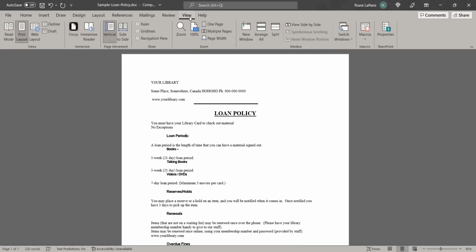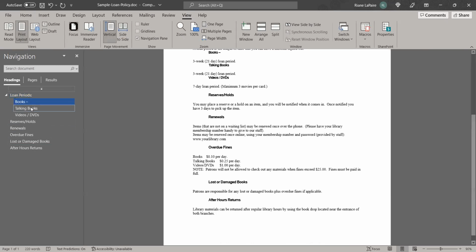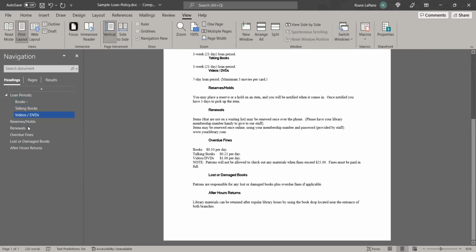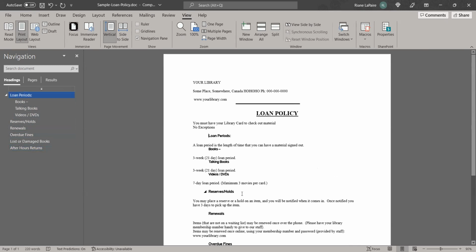I'm going to view the navigation pane so that it's a little bit easier to see. That's a good call. So if a screen reader was navigating this, they would be able to navigate through these different sections and then read the content in those different sections. You can also skip to them very easily. And there are different ways to make these prettier or more aesthetically pleasing, but we will save that for another day.